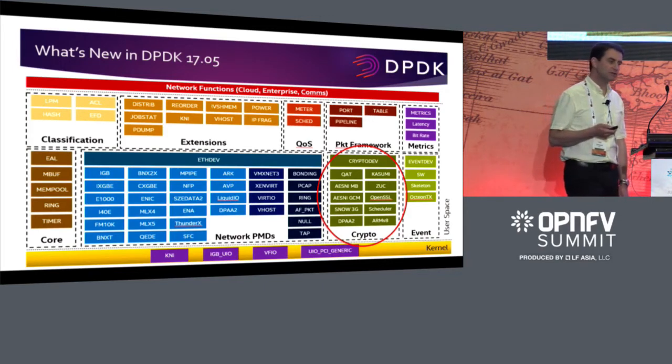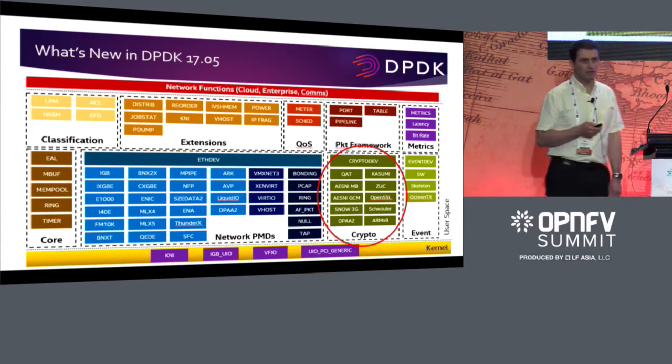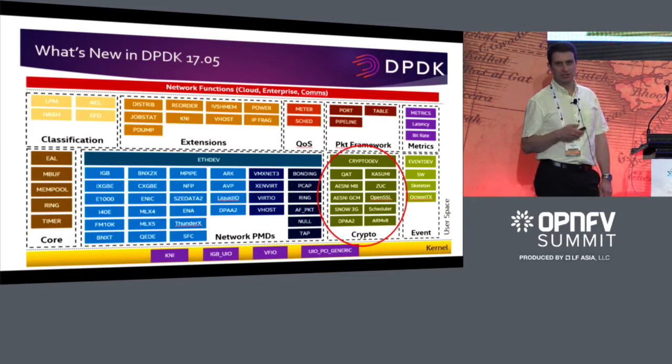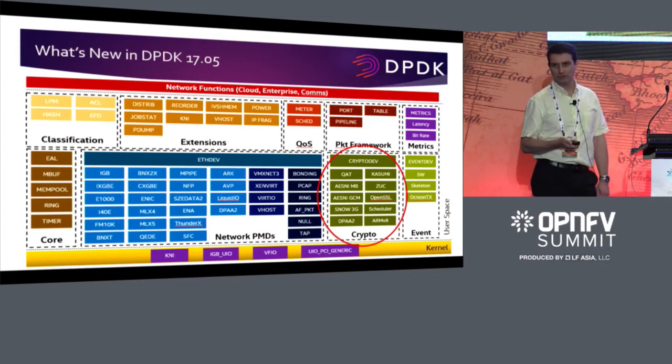There's also been a focus over the last couple of releases on the scheduler. The scheduler is trying to allow you to make more intelligent use of crypto resources, so more intelligently mix hardware and software crypto. For example, if you are dealing with small packet sizes, you might not want the offload cost of offloading to a hardware accelerator. It might be quicker and easier to encrypt or decrypt in software. So the scheduler allows you to make decisions like that.